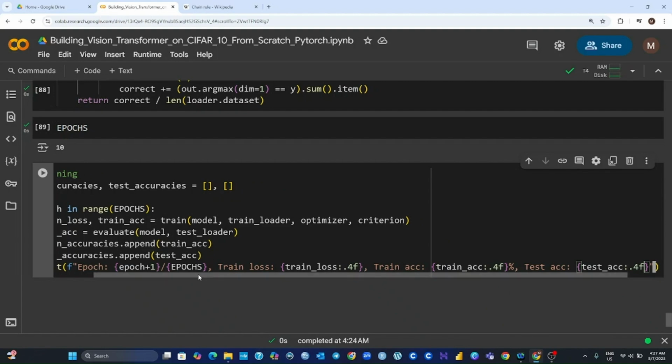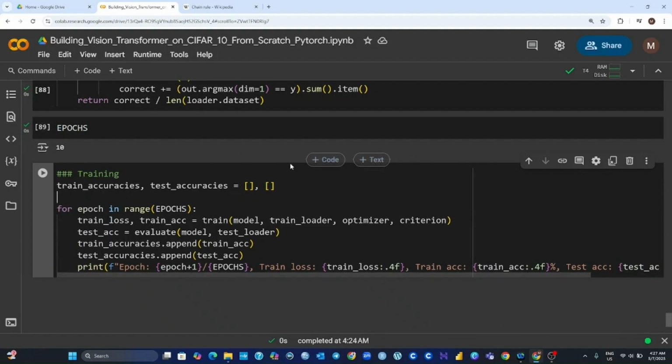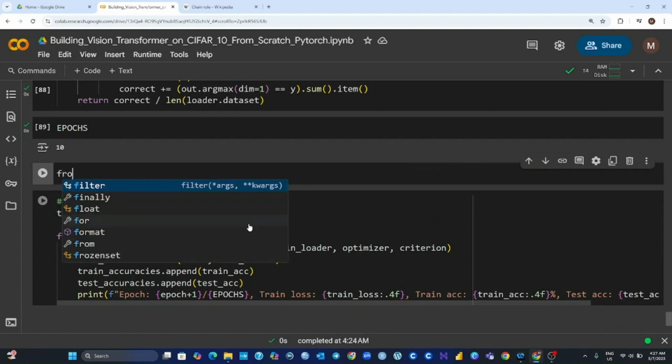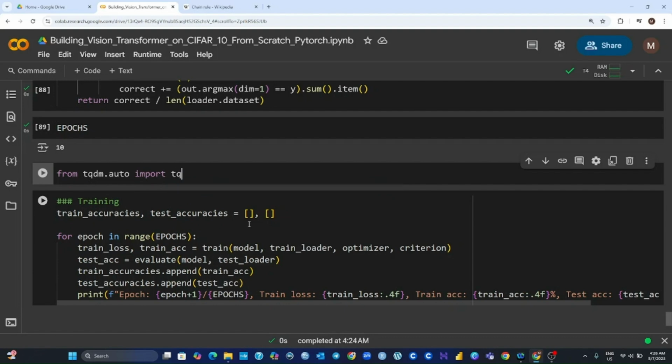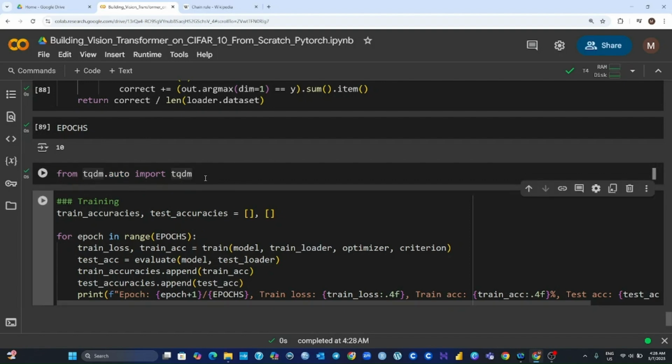So now we can train our model. And if you want to get a pretty progress bar, you can go from tqdm.auto import tqdm. We want to get the tqdm from the auto library because auto will know that we are using Google Colab, and Google Colab is running a Jupyter Notebook on the cloud, so it will give us an appropriate auto progress bar, not like the progress bar in some editors. So it's a progress bar suitable for Colab. And then run the cell,